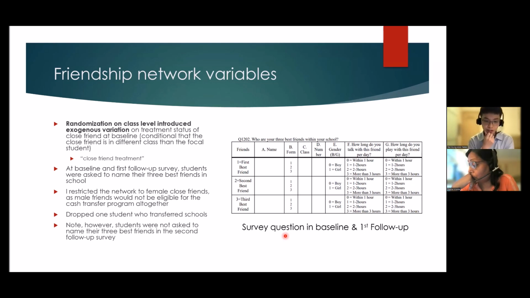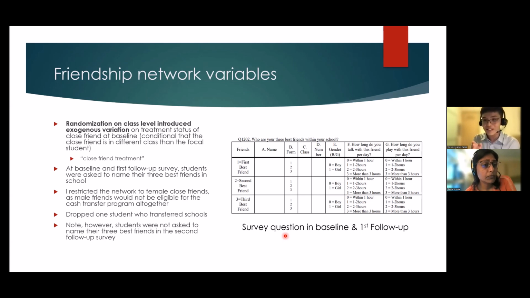So regarding the male friends, that's actually one point that I've thought about as well. The male friends were not eligible, and whether or not this treatment actually affects the male friends. But then I think the approach is limited by an issue, which is that at the time of the intervention, I think that